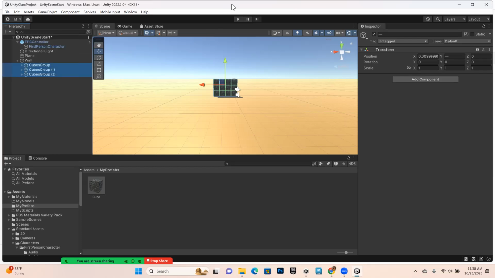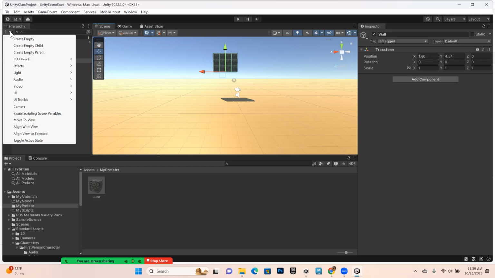So we're not going to use empties a lot, but we will use them occasionally. Now, once I have that, let's say I want to put this wall up a little higher. So now I can take that wall node and I can move the whole thing up, right? And what I'm going to do is create a platform for these. So I'm going to hit the plus symbol again. I'm going to create a 3D object, a cube,